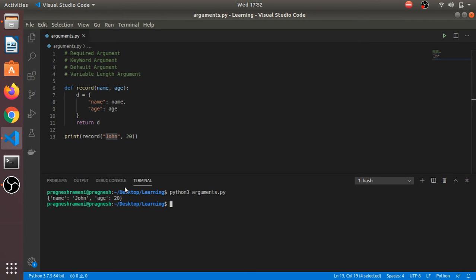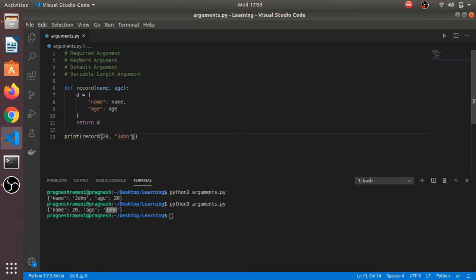So basically this is showing us the name and age as the required arguments we have passed. If I am passing them without maintaining the order, then it is taking 20 as the name and John as the age value.